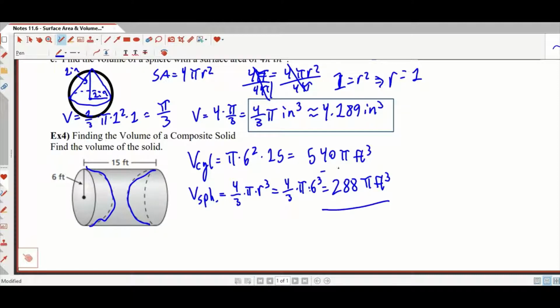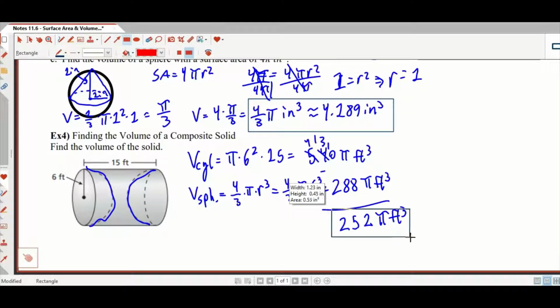See if you can beat me with your calculators. Again, not literally. Please don't hit people with your calculators. 2, 1, nope, got to borrow again. 2, you guys have definitely beat me by now. So 4, 13, 12, 11, 10. Should have just used my calculator. 252. I'm going to double check because that got weird. 540 minus 288 is 252. It sure is. 252 pi feet cubed is the volume of this weird cylinder